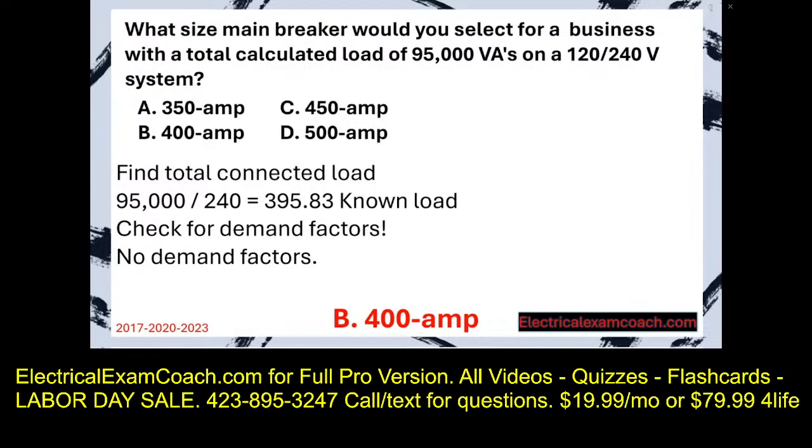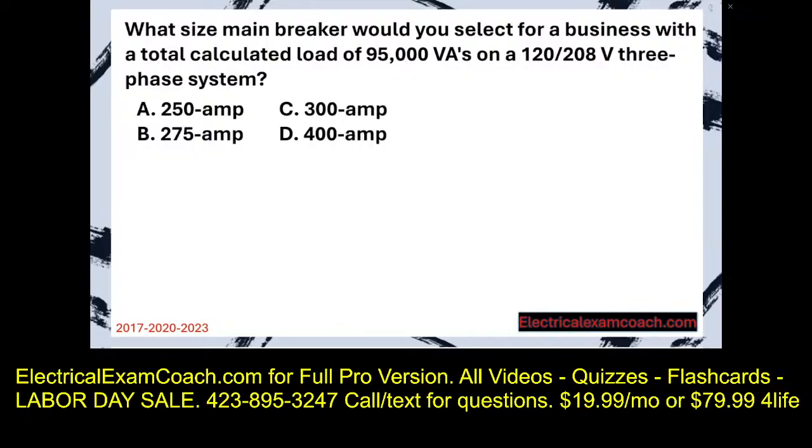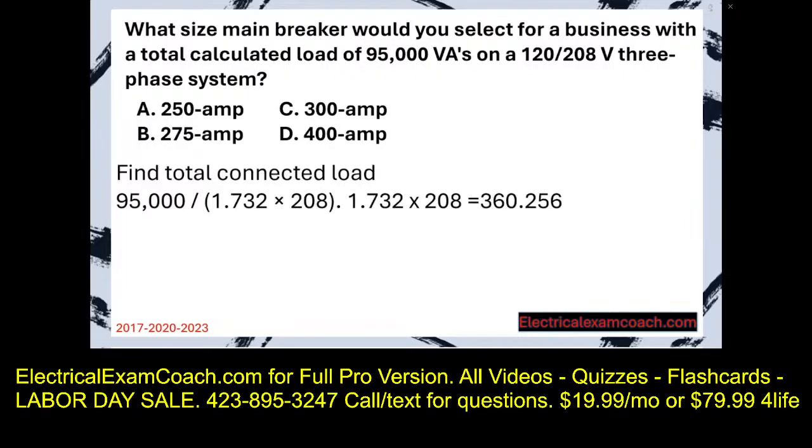Let's get to it. Now let's do that exact same calculation but on a three-phase system and show you the beauty of three-phase. What size main breaker would you select for a business with a total calculated load of 95,000 VAs on a 120/208 three-phase system? Step 1, find our total connected load. They've already given us our total VAs, so all we have to do is divide. But with three-phase, there's one extra step. Because of the geometric nature of three-phase, we have to take that 208 and multiply it by the square root of 3. The square root of 3 just so happens to be 1.732. Once we work that math out, we end up with